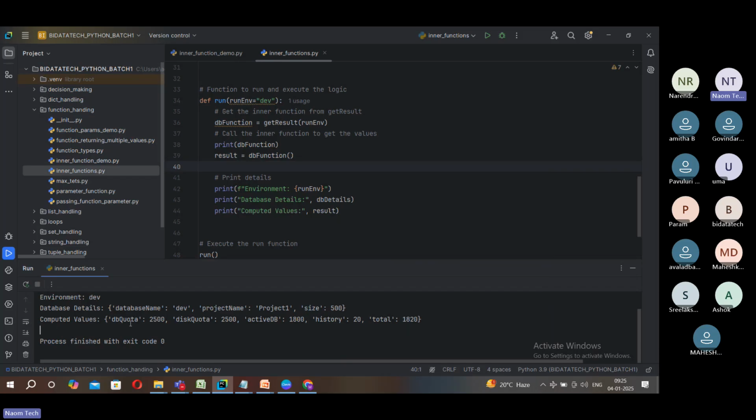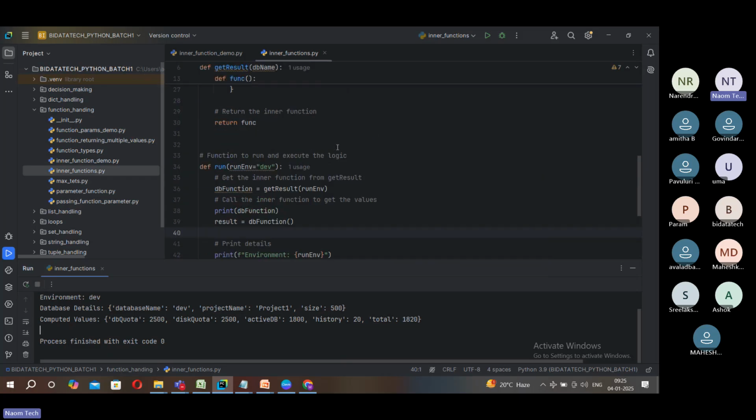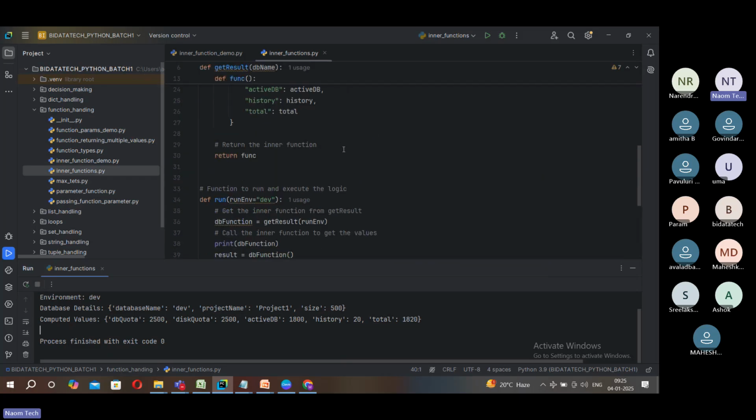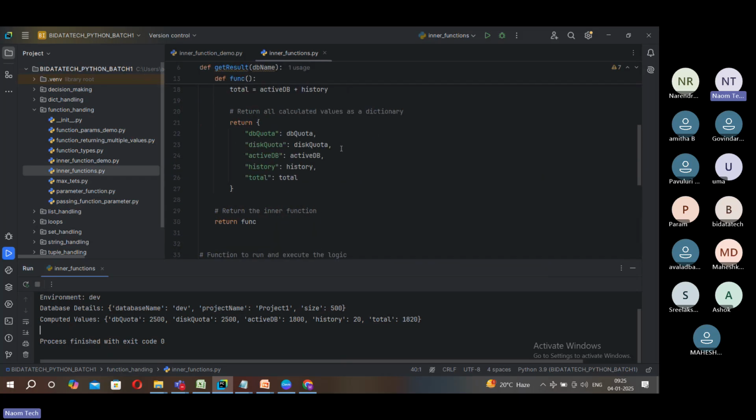And then computed values is nothing but something implicit. That data quota, database quota, and then this quota, ActiveDB, all that. And this is how we use inner functions in the development, especially in my day-to-day work. This is one example. Likewise, we use inner functions wherever we need it and wherever we need more deeper modularization,